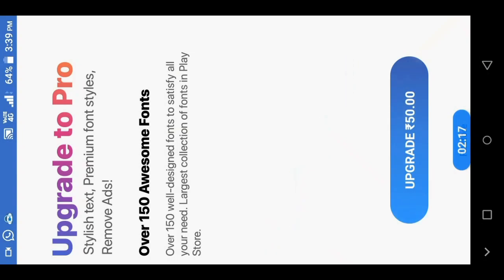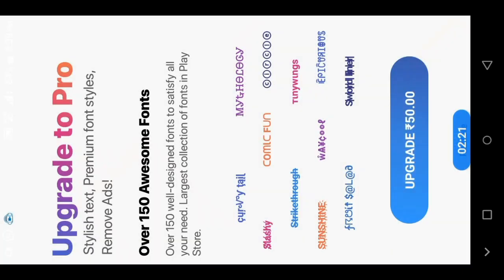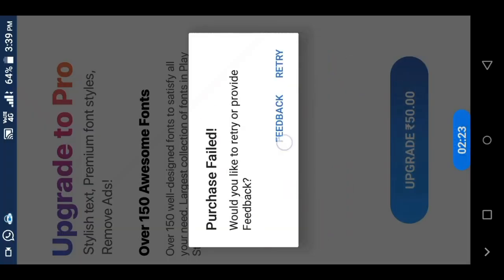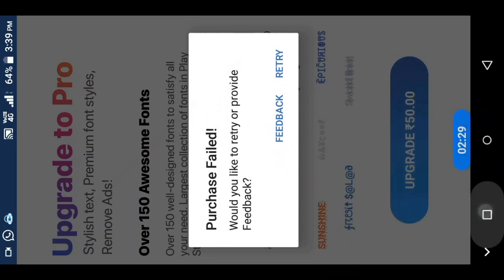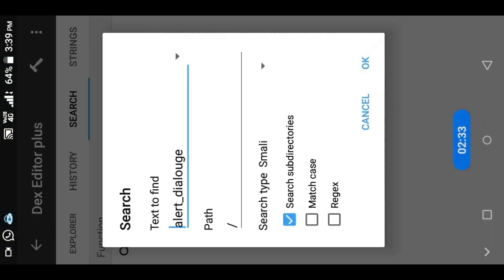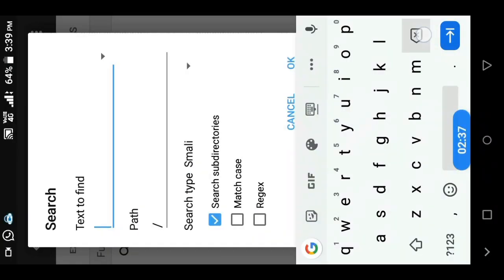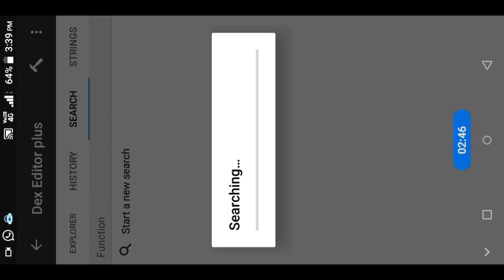See, when I click upgrade, it takes me to Google Play, and when I cancel it, we get a dialog that purchase failed. So now we will search the purchase failed string. Let's search purchase failed.